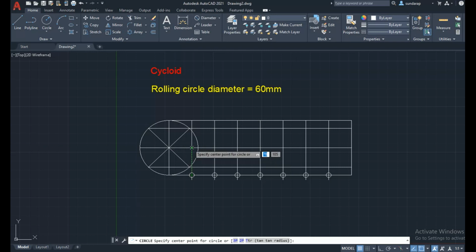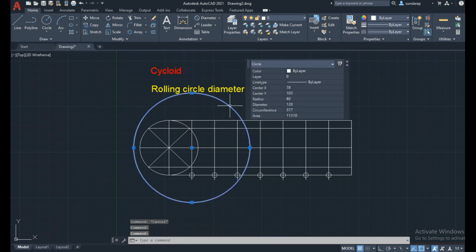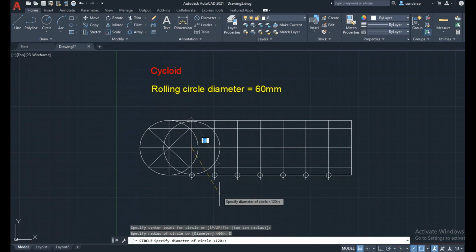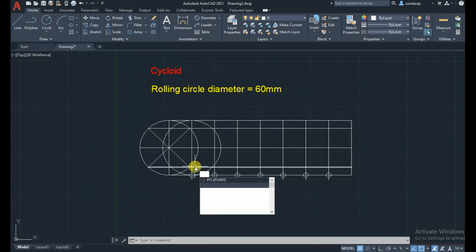From the first vertical line, draw the same diameter circle, the same 60 mm diameter circle. So assume here the circle is rolling out from this point clockwise, so it will intersect the first generator line here, so mark the point.